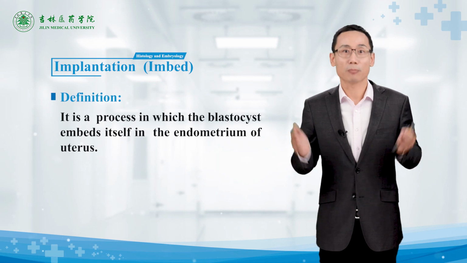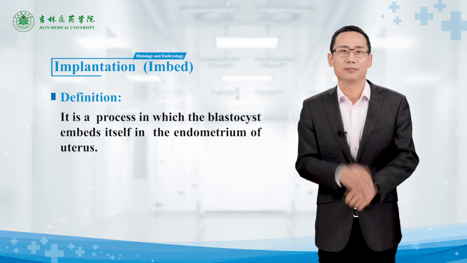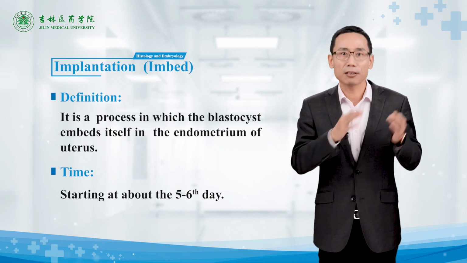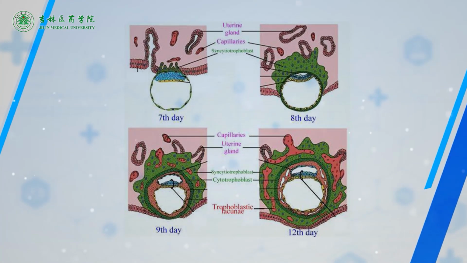The process in which the blastocyst enters the endometrium is called implantation or embedding. Implantation begins on the 5th to 6th day after fertilization and is completed on the 11th or 12th day. During implantation, the polar trophoblast on one side of the inner cell mass first contacts and adheres to the endometrial epithelium, secretes proteolytic enzymes, dissolves a gap in the endometrium, and then the blastocyst falls into the gap and gradually